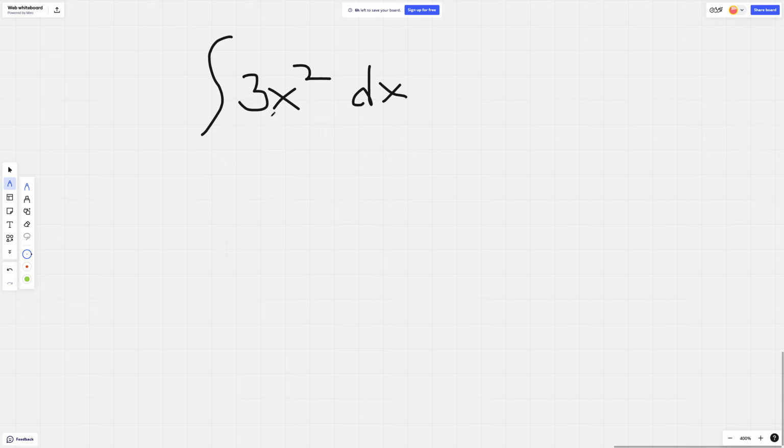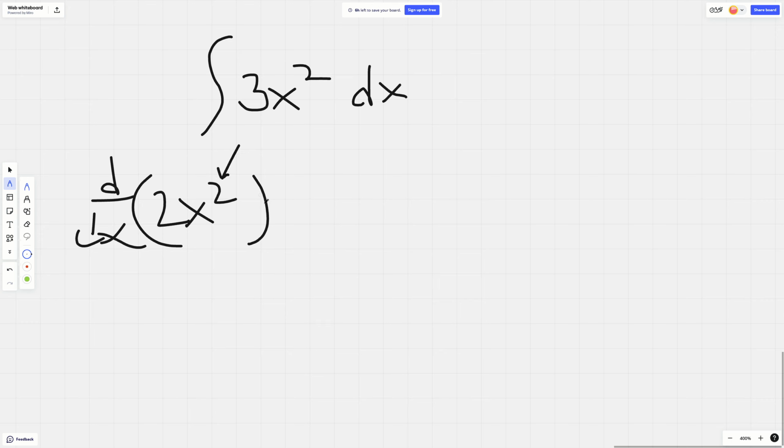But let's say we wanted to find the integral or the antiderivative of 3x squared with respect to x. Now let's really look at this function. Let's say we had a function 2x squared. To get the derivative, d over dx of this, we'd subtract 1 from our exponent using our power rule. So this would become 2, and then 2 minus 1. Note that this is just our initial coefficient, and we're subtracting 1 from our power. That's the power rule. And we're bringing that result down